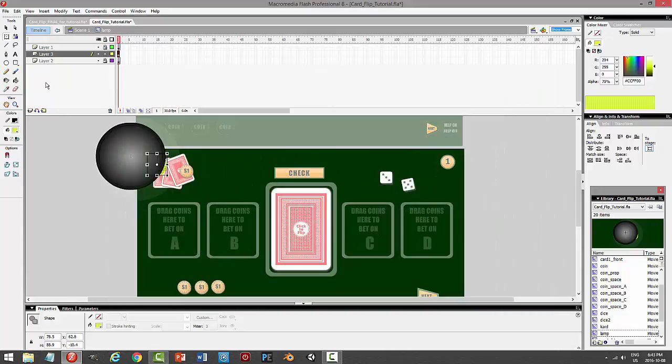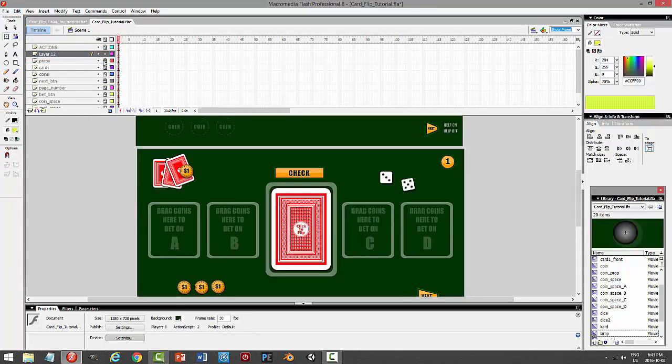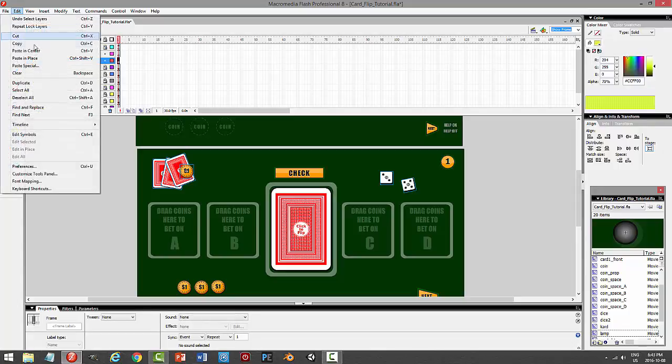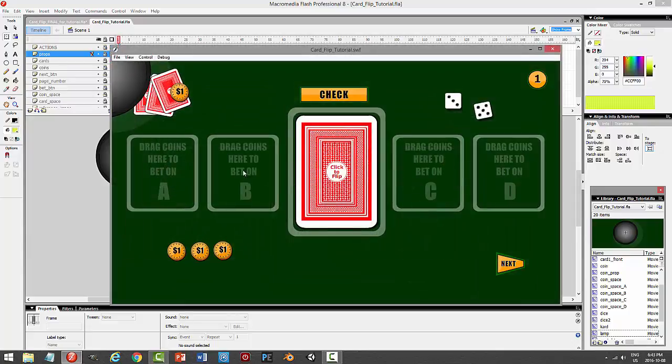It's a little bit short. You know what? I think I'm going to skip that. Yep. So I've got my lamp here. I'm going to cut this and put it on my props layer. I'll delete that layer. Save it and have a quick look. All right, so I've got a bit of a lamp there. So I've made my props, and it's going to be time to really get to work now on some more